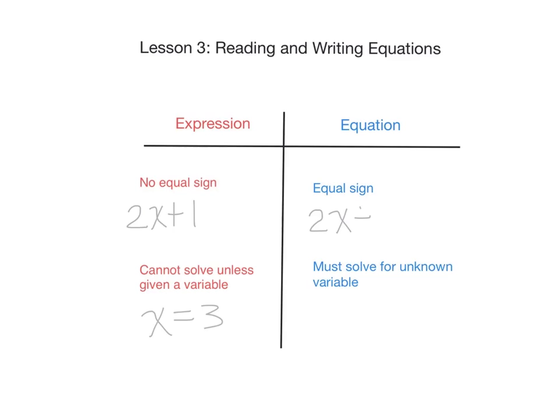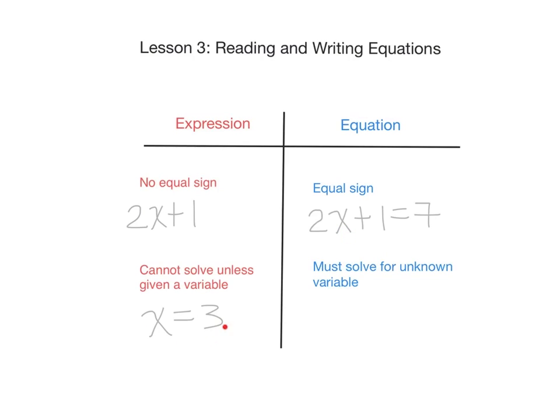2x plus 1 equals 7. Here, we must solve for the unknown variable. We do not know what x is, but we know that this expression equals 7. Therefore, when an expression is equal to a number, we call this an algebraic equation. Using this example, 2x plus 1 equals 7, or you can say it as 1 more than 2 times a number equals 7,